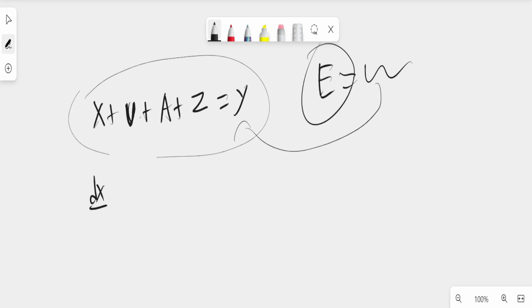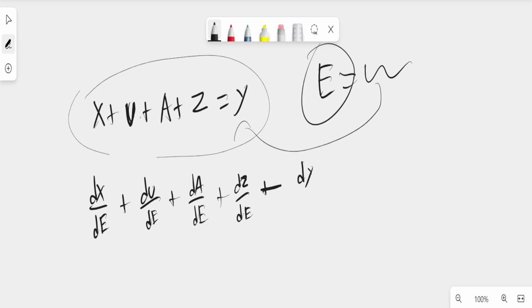So what it would be is the derivative of x with respect to E, plus the derivative of u with respect to E, plus the derivative of a with respect to E, plus the derivative of z with respect to E, plus the derivative of y with respect to E. And then I can multiply both sides by dE, because that's essentially just a constant. That's a really small change in E, so I can multiply those, because it's just a number by itself. And now all of these cancel out,